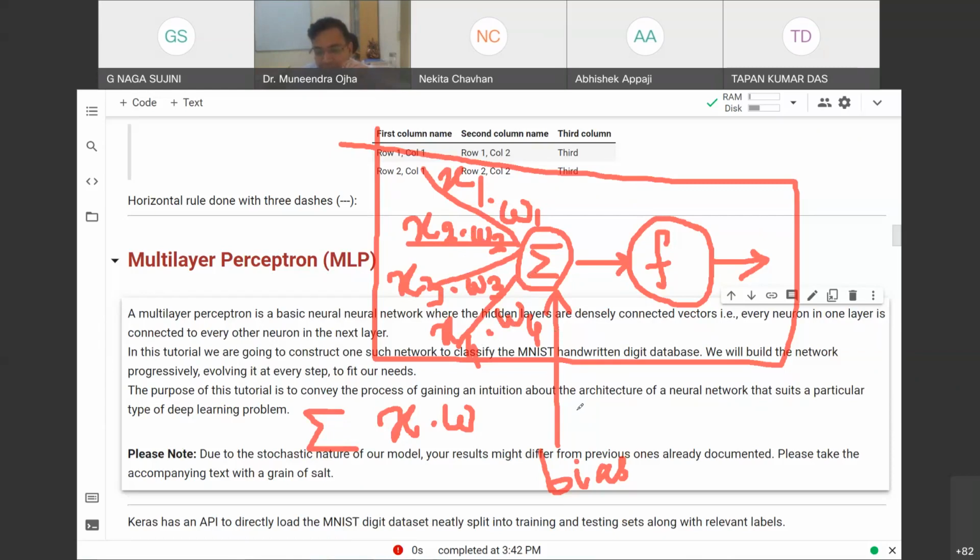And then bias B also has some weight. I call it w5. It is like input X5. Okay, w5. So now this w5 will also be multiplied with bias and then passed on to sigma. So what is happening is that I am effectively taking a weighted sum of all the inputs.